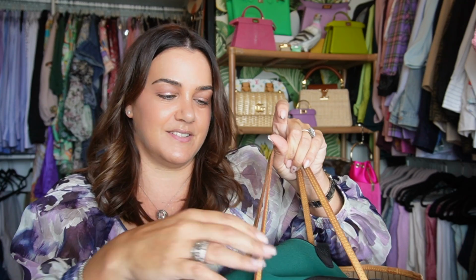I had an MM, I still have it, and I was curious to see whether or not the GM would be great for overnight trips for work, because I'd used the MM and it just fit a change of clothes and toiletries for overnight for a work trip, and I thought the GM would be perfect. I set out to buy one pre-loved because I wanted it to already be patinaed so that it was nice and soft and easy to use, and I found one for